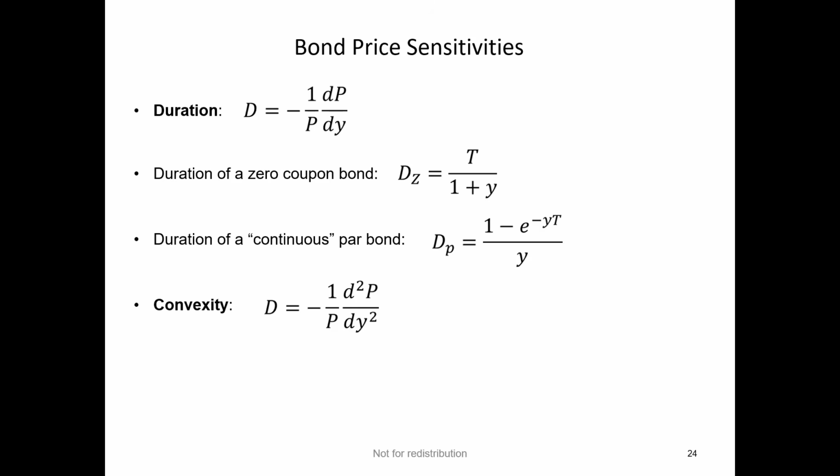For each different bond and each different security, they will be slightly different, right? And not only the first derivative is important, the second derivative, or convexity, is also important. And that's what we'll be talking about